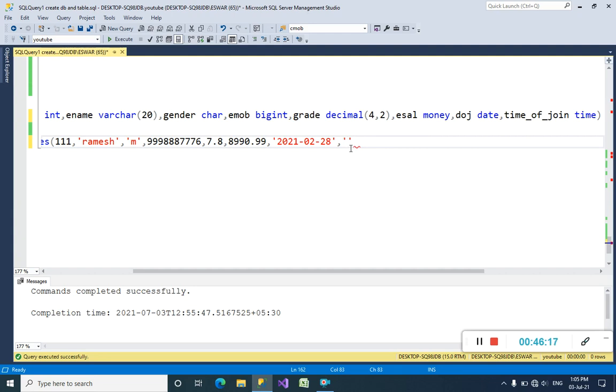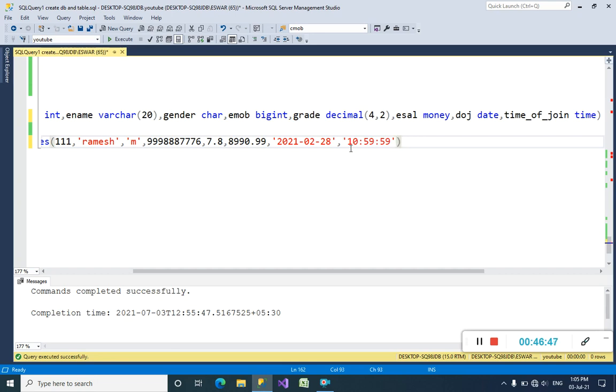For time, we can write up to 23 hours only, because we have only 23 hours in a day, and then 59 minutes and 59 seconds also you can write.